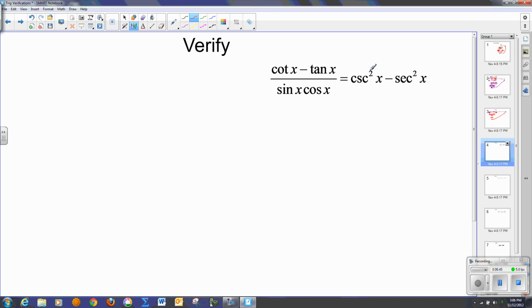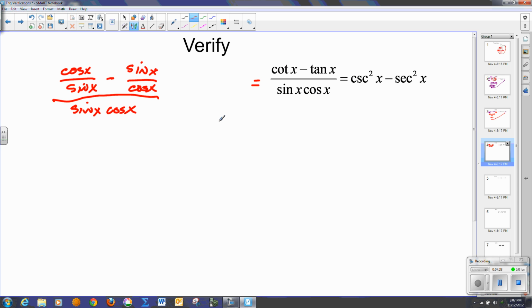I know that cosecant is 1 over sine and secant is 1 over cosine. So if I can get 1 over sine squared minus 1 over cosine squared, I'm happy. Now this term looks a little ugly. It doesn't have any Pythagorean identities in it, but I'm going to try again and change it to sines and cosines. So cotangent is cosine of x over sine of x. Tangent is sine of x over cosine of x. And this is all over sine of x,